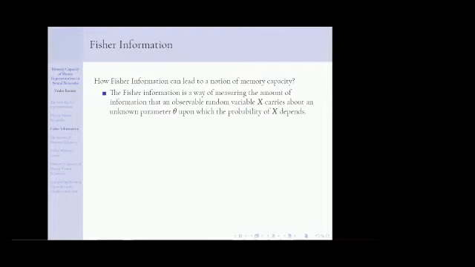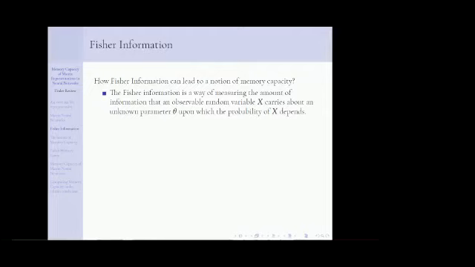Well, there are a few things to note here. Suppose I am given the probability distribution function p, which is parameterized by theta. Then if I change theta ever so slightly, what can happen? Either the probability distribution would change very rapidly, that is, with small changes in theta, the change in p would be quite high, or p would not change at all. Now, if p changes quite high, then we can say for sure that x contains a lot of information about theta, because it's changing quite rapidly with theta.